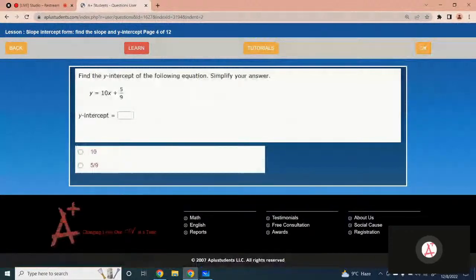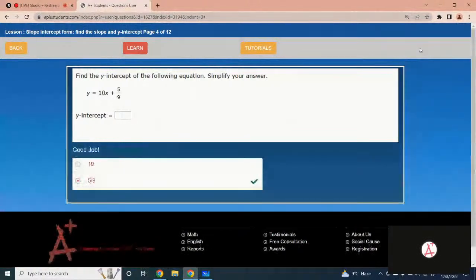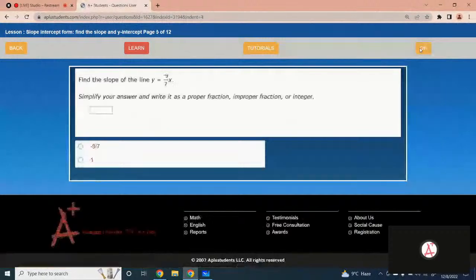Okay. Find the y-intercept of the following equation. Simplify your answer. So which is the y-intercept, the first option or the second one? It would be, just compare the equation with the slope-intercept form, that is y equals mx plus b. So b equals 5 over 9. Got it? So here is the correct option. Just select the correct option, then click on the OK button. Got it? Okay, the next one is